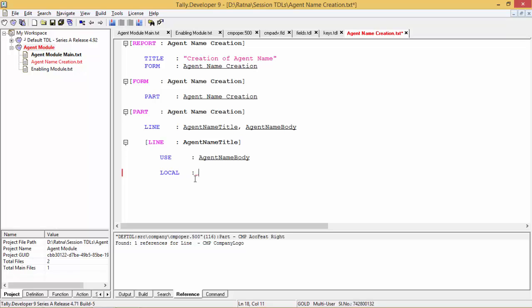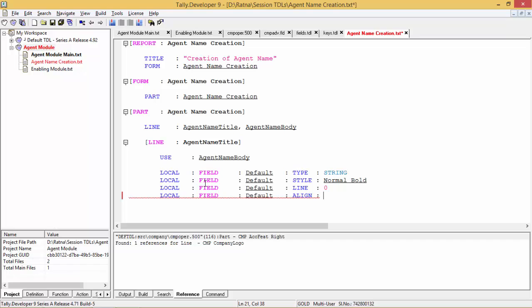local field default type, first of all the data type string, then default style normal bold, then default line column 0, then align center, right? So these 4 lines are fixed, and we will give a space bottom,